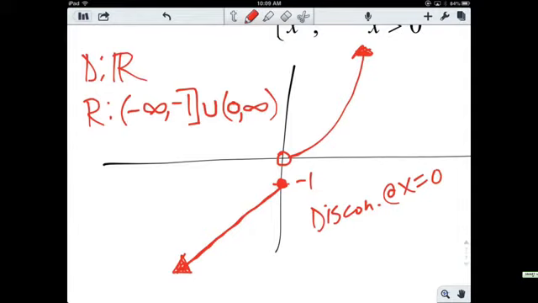And although there is a hole at the origin, is this a removable discontinuity? I already have a manhole cover down at x equals 0, right? Is there a way to pick up the little manhole cover at 0, -1 and move it to a different place to make the two lines touch and connect? So it's non-removable, so it can't be a hole. The hole is the only one that's removable. So even though there looks like there's a hole, it's not a hole. This is, in fact, a non-removable jump. So we would say that f of x